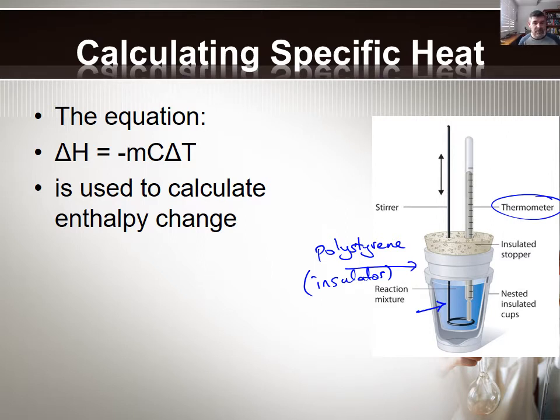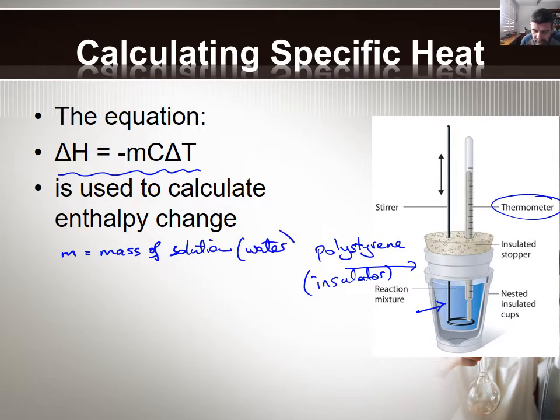What this allows us to do is to use what's often referred to as the MCAT formula. So delta H is equal to minus mC delta T. And this is used to calculate the enthalpy change, that is, the change in the energy state before and after the reaction. What we do with this is we look at the mass, which in this case would be the mass of water. So that's the, I'll call it solution, because there may well be something in there, and I'll put water in brackets. c is the specific heat,